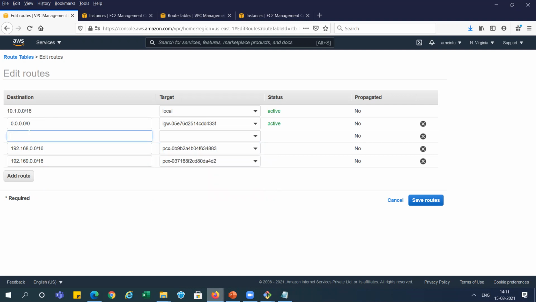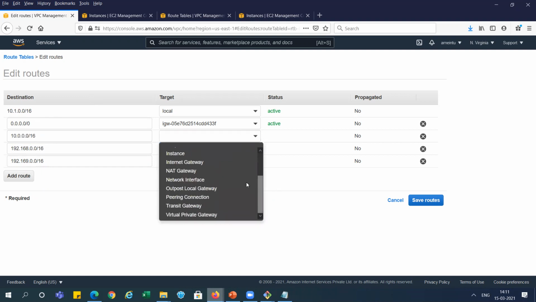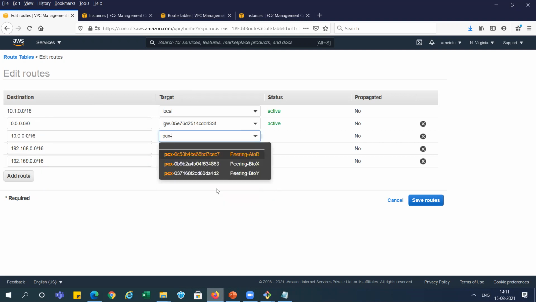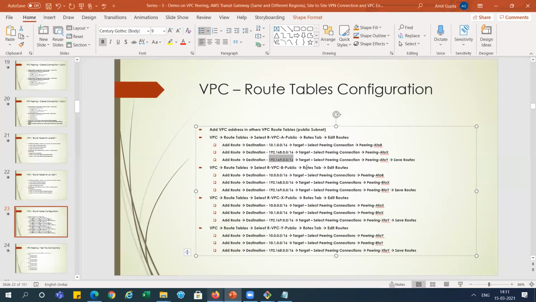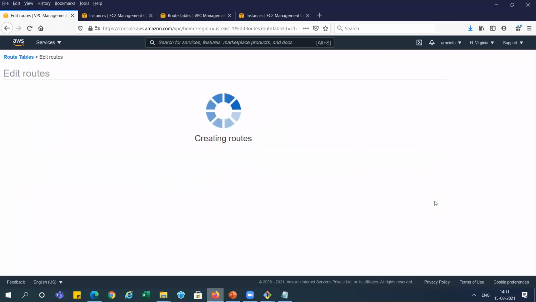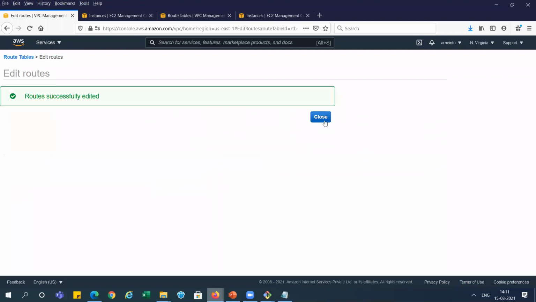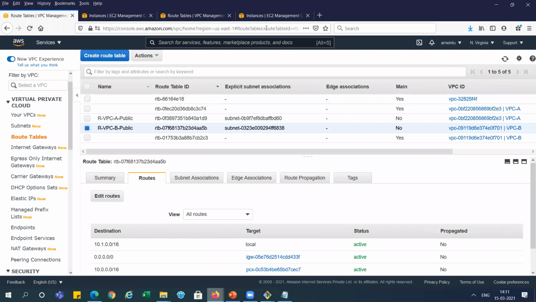And another one for the B2A. This is the CIDR for the VPC A. So for B2A or A to B we need to select here, right? So you can see A to B. You can select it. You can see I mentioned all those things here. A to B 16, B2X and B2Y, right? Just save it. So we have done this region, North Virginia.